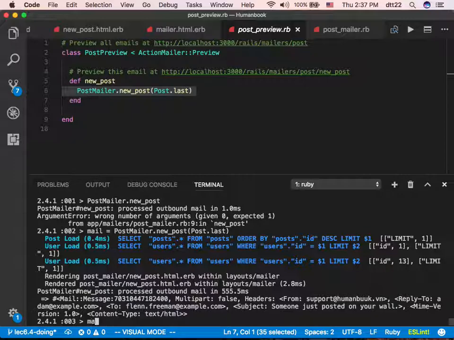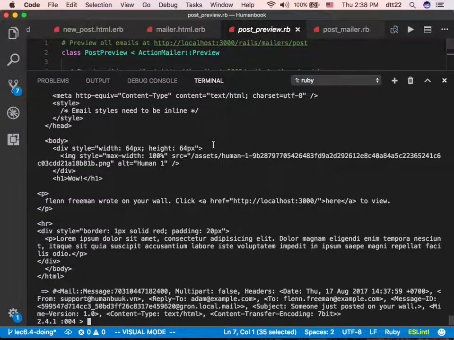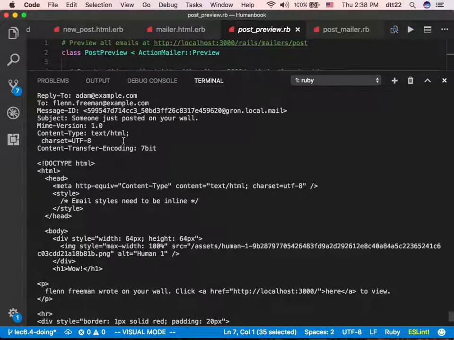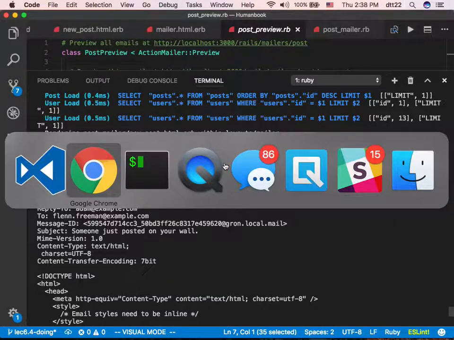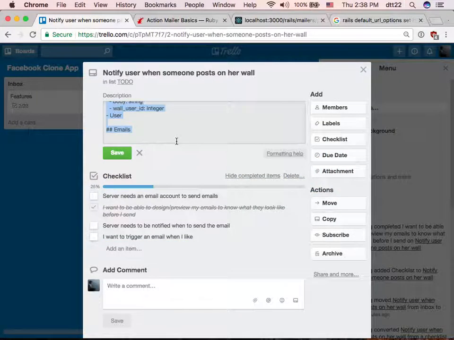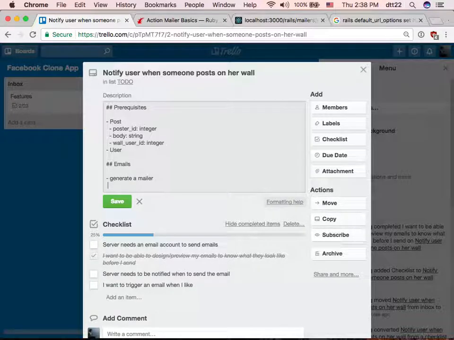So with mail, there's a method. It's called deliver. When you call it, it will try to send to that email address, and you can see the content here. Okay, so we just look at how things work. Let's finalize the steps so you can apply them to your project. Basically, for email here, you generate a mailer. Then you preview on the browser by going to